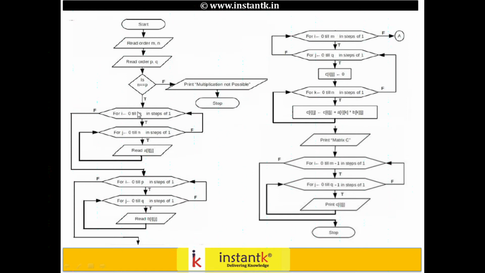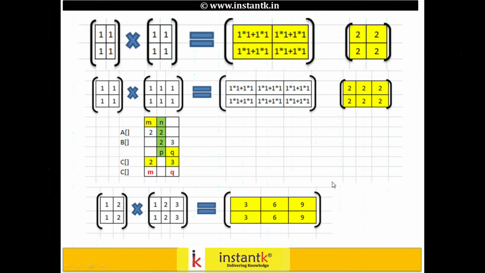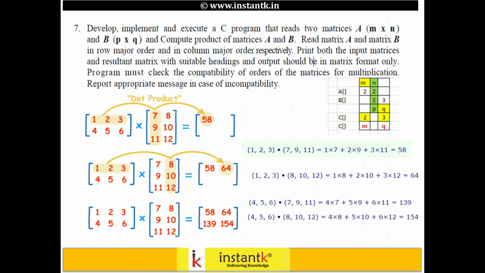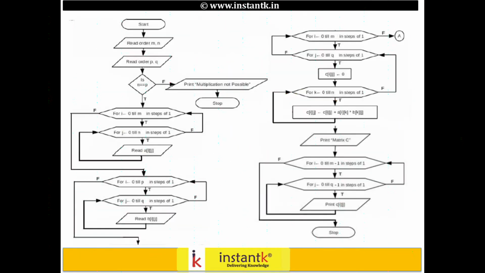Then read the matrix A, read the matrix B. This is the multiplication: for loop of i, for loop of j, for loop of k from 0 to n, and again A of i of k is multiplied by B of k of j, and print matrix A, matrix B, matrix C. That's it. So this completes matrix multiplication. It's very, very easy. If you don't understand, just rewind, listen from the beginning, and you should be able to write it in your exams.